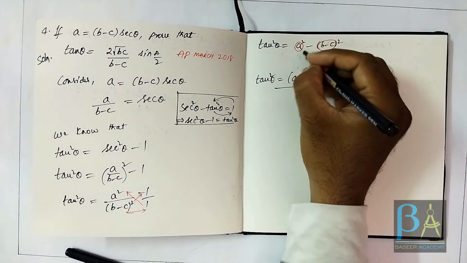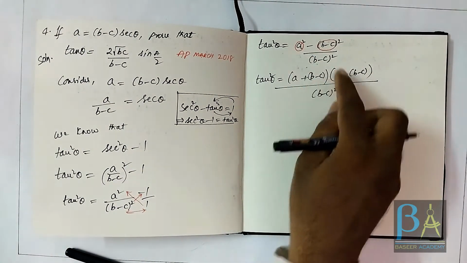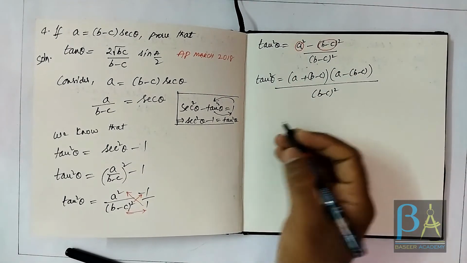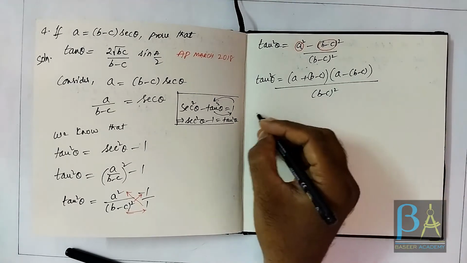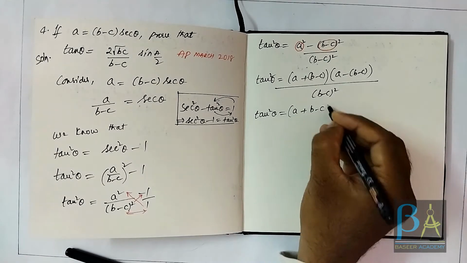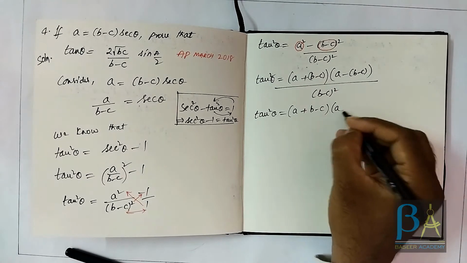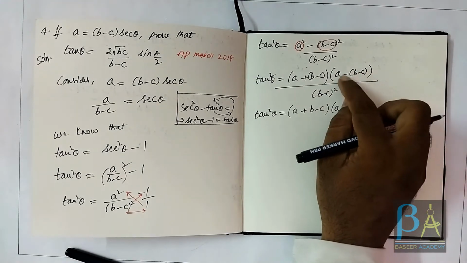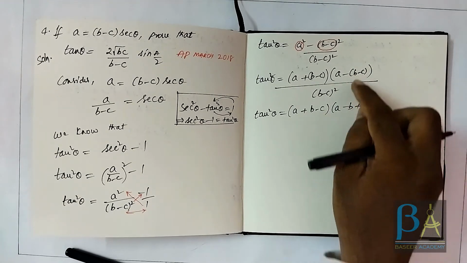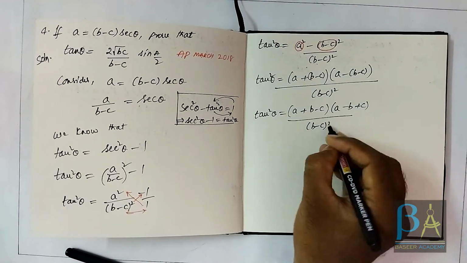So what did I do here? This is A square minus B square, so I wrote it as A plus B into A minus this entire thing, which is B. So what am I going to do now? Let's multiply with the minus sign and open the bracket here. So tan square theta is going to be a plus b minus c. When you multiply with the plus sign, obviously nothing changes, so I'm writing it as it is. But when you multiply with the minus sign, the signs change. Minus into b is minus b, minus into minus is plus. So b became minus b, and minus c became plus c, by b minus c whole square.